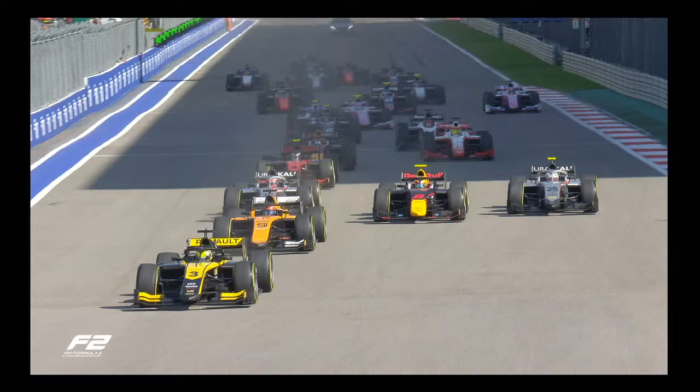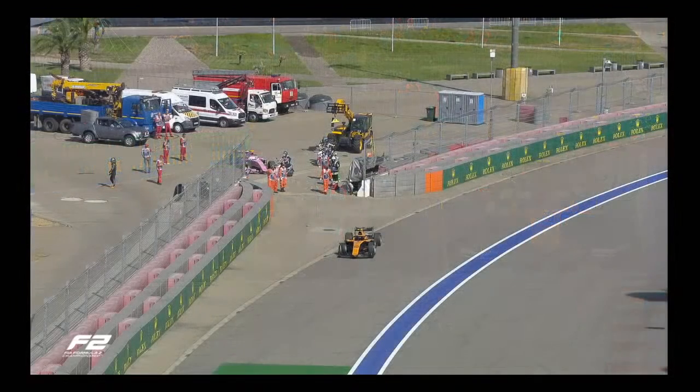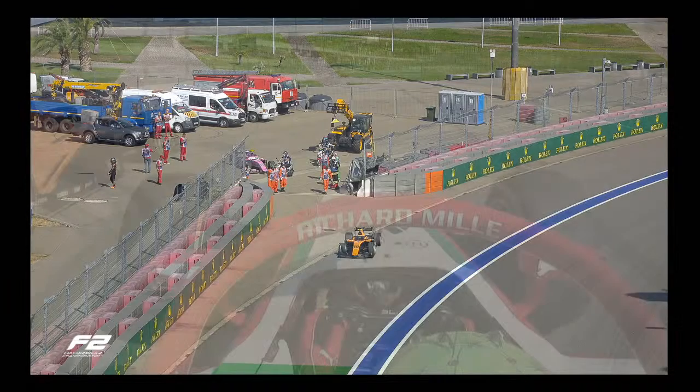That's not F3, it's F2. The sprint race got underway with Guanyu Zhou in the lead, and something seems to have gone a bit wrong here, considering that auto slideshow is not supposed to happen. Hang on a second. But it was Guanyu Zhou who had reverse grid pole, and he